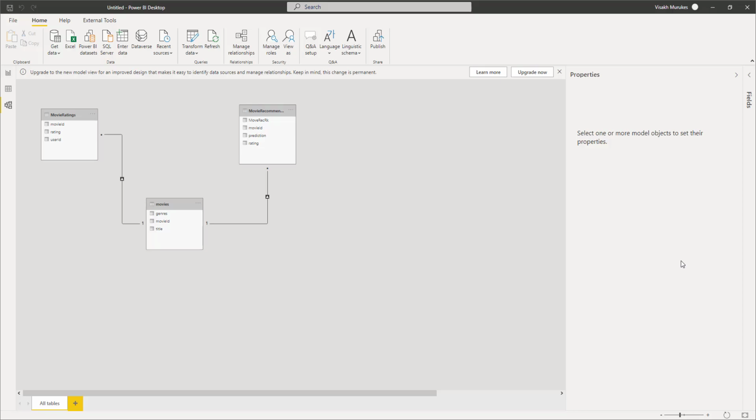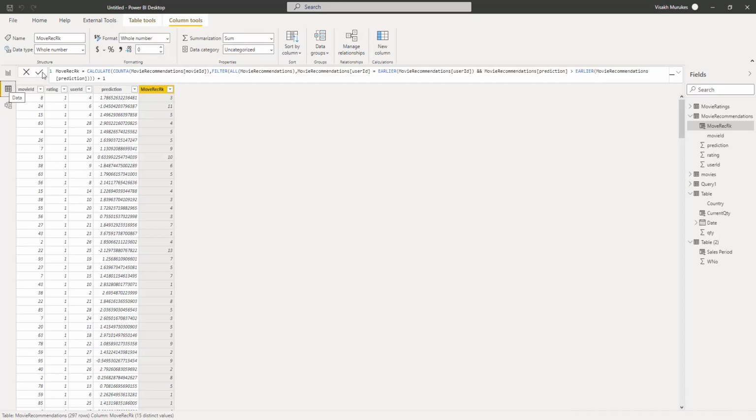And once we have added the data, we can set up the required relationships between the ratings and the recommendations to the corresponding reference data, which is a movie. Once that is done, we can go back to the model and add a ranking expression based on this prediction value, such that for every user that we are going to select inside the Power BI visual, it will automatically show the top recommendations for the movies based on this prediction value which is generated.